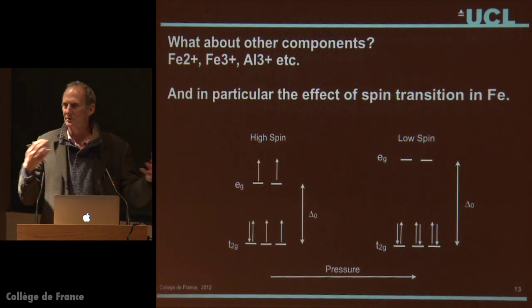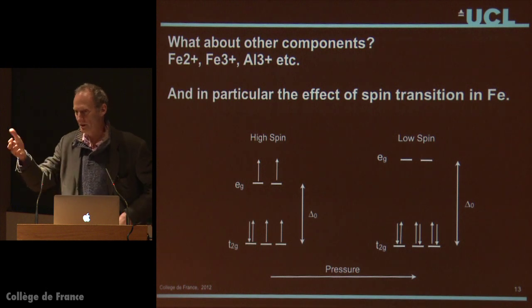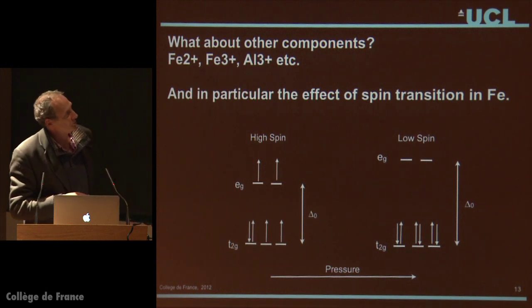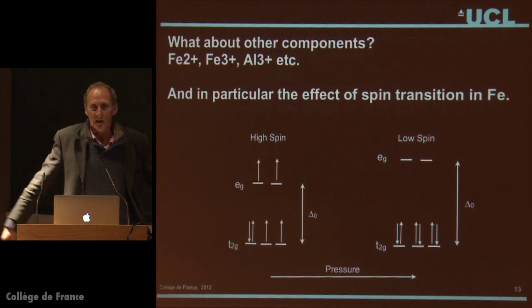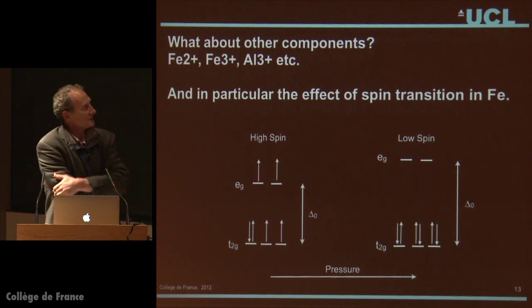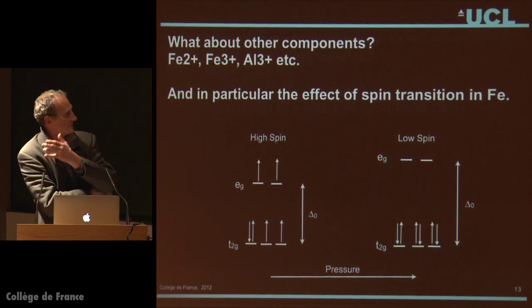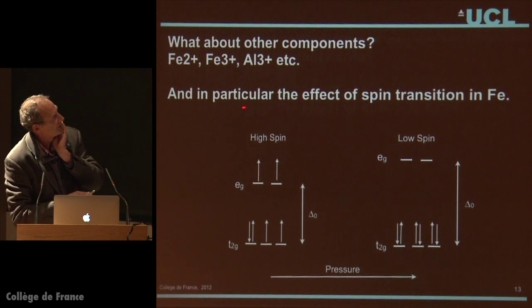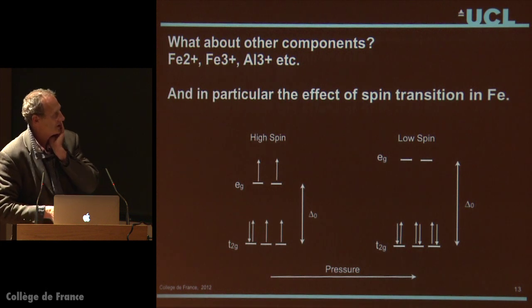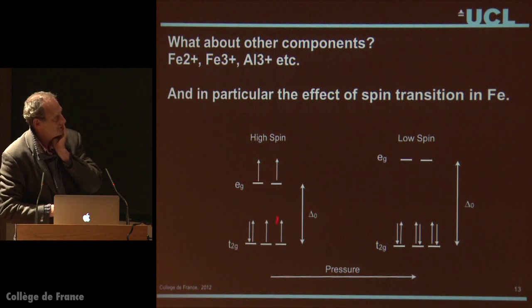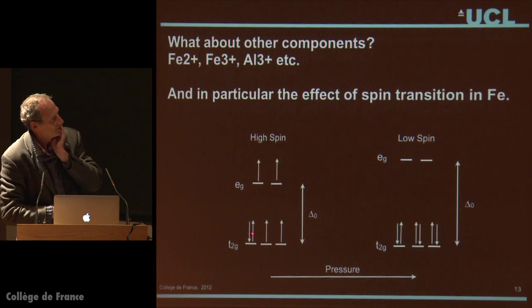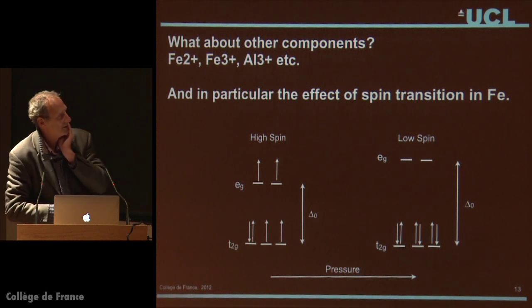Okay, so those are just the pure MgSiO3 and MgO, and iron was brought up. What about iron? Now, iron has been argued for a long time. Well, it's been suggested, of course, that it undergoes this sort of spin transition, where you have your Eg and T2g levels occupied in such a way that you've got 5 up and 1 down, giving you a net spin